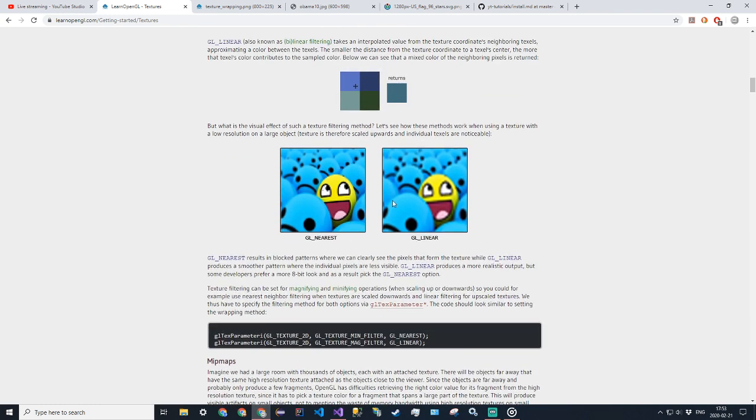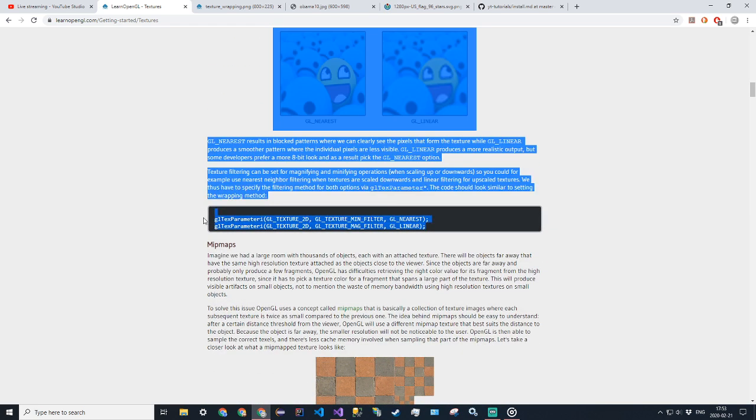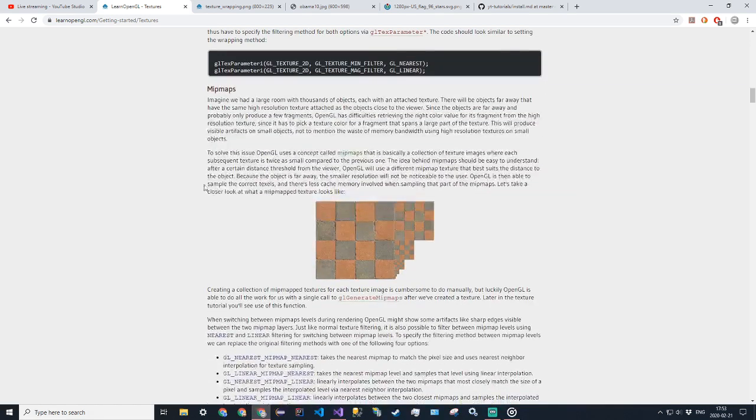And as you can see, nearest will give you a more pixelated feel, but more defined. And linear is more smooth because you're taking an average of the color spectrum. We'll be setting that with text parameter I as well. It's the last thing we're going to talk about before we start writing code, which is